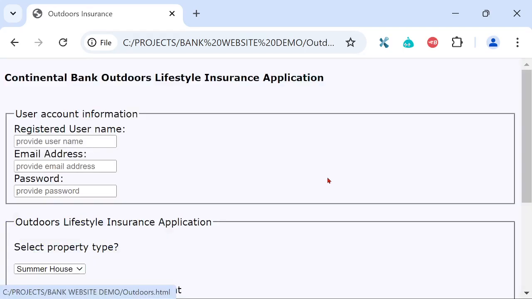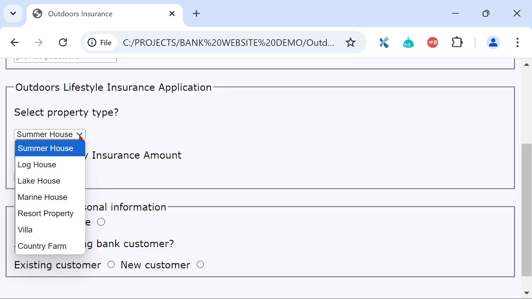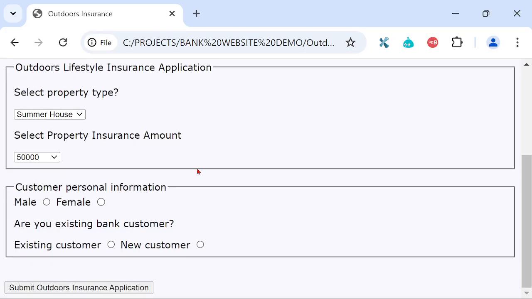Let's go to outdoor lifestyle. Also, outdoors lifestyle insurance application. Select property type. You might have a lot of variations here. Summer house, log house, lake house, marine house. You may own a piece of property in a specific resort. You might have some villa or some farm, who knows, with personal information familiar to you, and you can submit